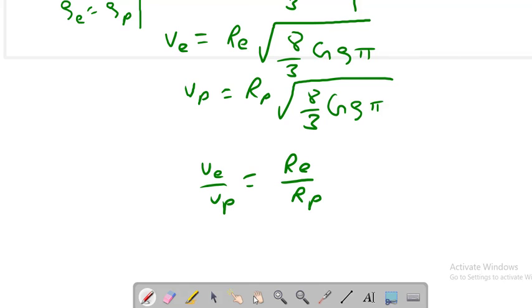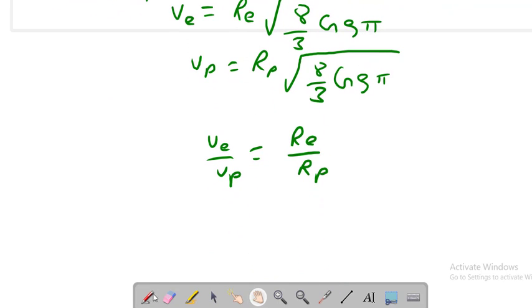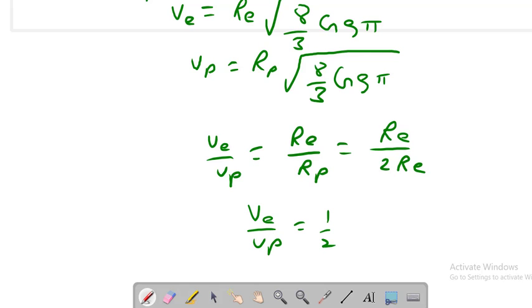But here we know, what we have seen is Rp is 2 times Re, so this becomes Re upon 2 times Re. Re will get cancelled out, so what we are left with is Ve upon Vp is 1 by 2,